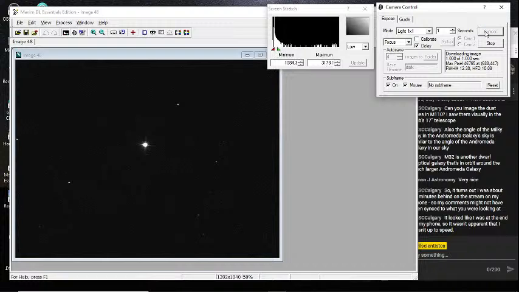If memory serves, it's an eclipsing binary. It's actually two very close stars, and one's dimmer than the other. When it passes in front of it, the apparent brightness of this star gets dimmer and dimmer, which is kind of cool. It doesn't do it in a period of time that we'll notice tonight, but this is something interesting to remember, that not all stars shine equally brightly all the time.